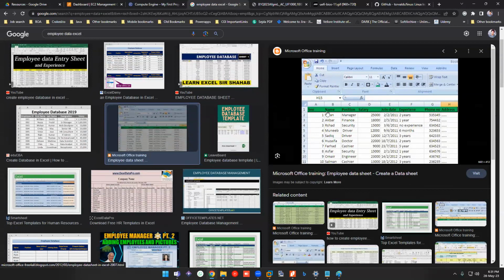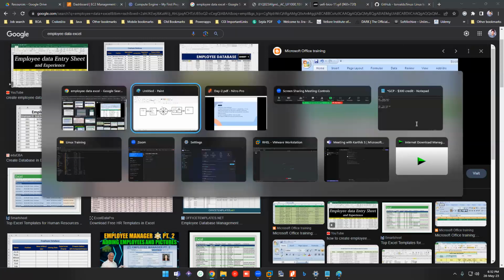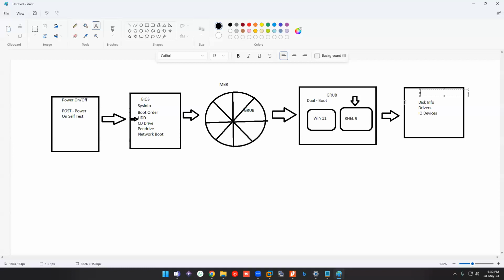Without the serial number, name, or something, you can't figure out what this is. Let's say name could mean first name, last name, or something else. Without this salary heading, you can't figure out that it is a salary section, right? So that is the metadata. The metadata of almost many things will be stored in the kernel. Okay, so that is the use of kernel.